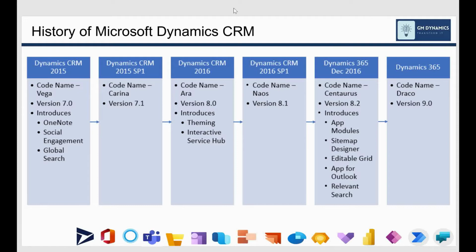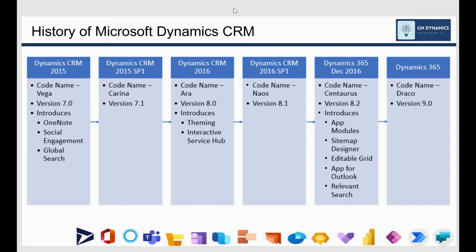Then Dynamics 365 in December 2016, with the code name Centaurus. The version is 8.2, and they introduced app modules, sitemap designer, editable grid, app for Outlook, and relevance search.